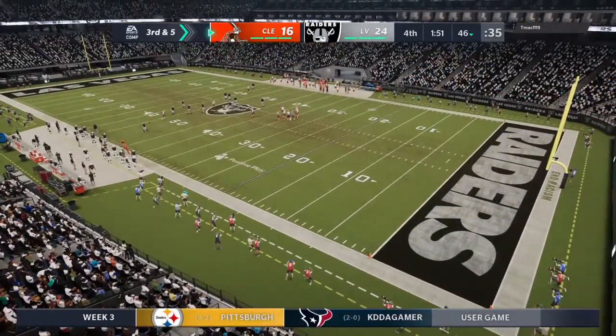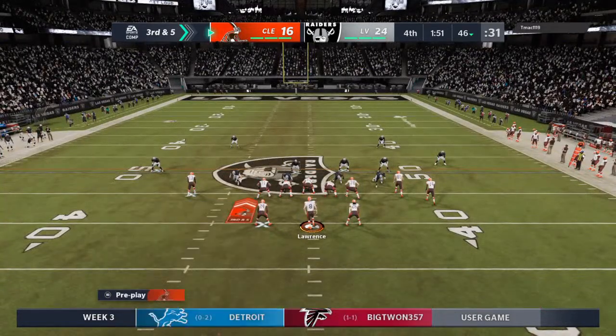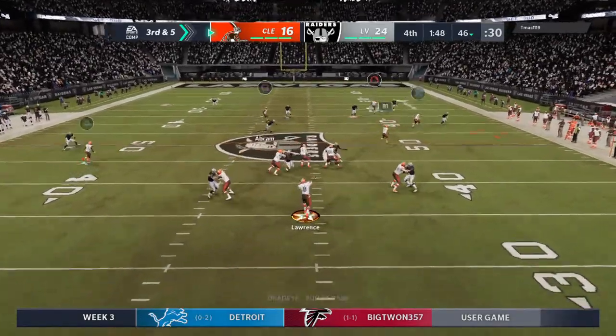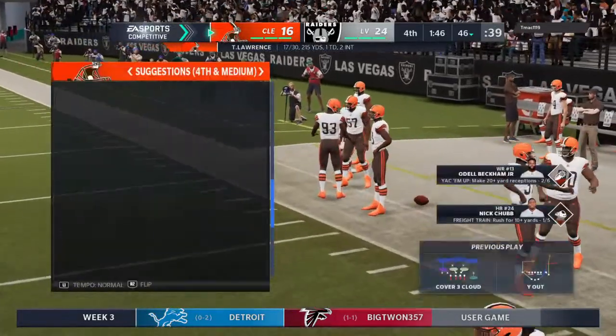Now we're in the situation where the quarterback's got to take full charge of his huddle. Got to totally command it, make sure all eyes are on him. All focus is locked in. Going to call multiple plays and go over different situations and scenarios to make sure everyone is on the same